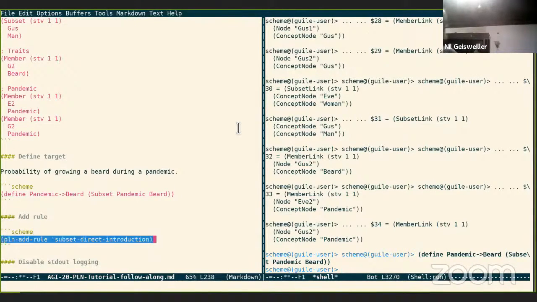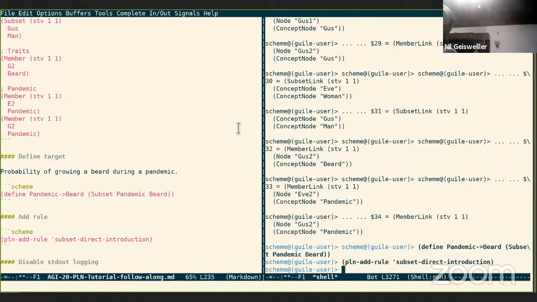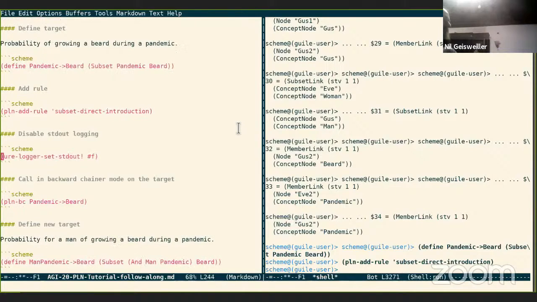The interesting thing here is that we have these rules. This one is called subset direct introduction, and direct means that it's basically direct evidence. So the direct evidence are these members: this instance of an individual happened to go through a pandemic, okay? This instance of an individual happened to have a beard, okay? And so based on that, it is going to be able to estimate the truth value of such a